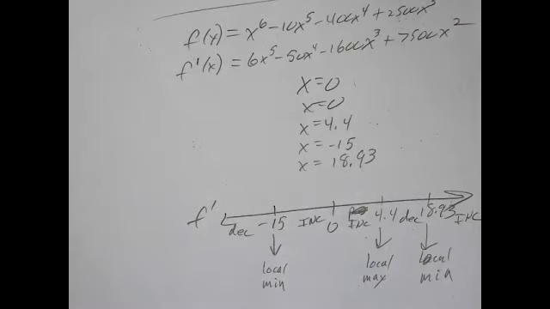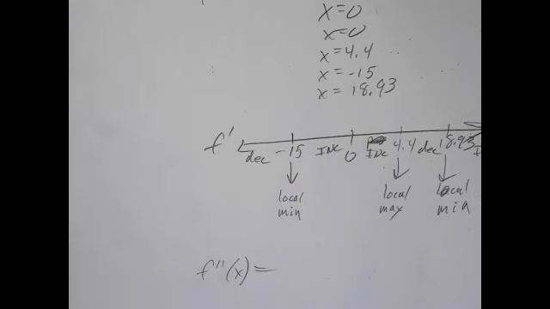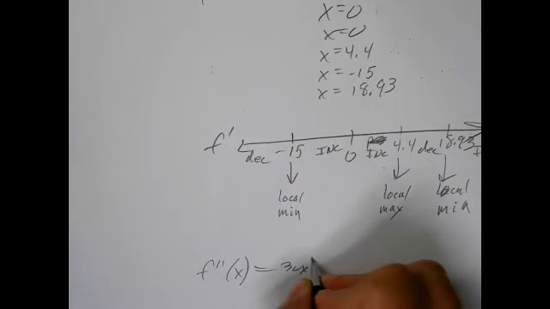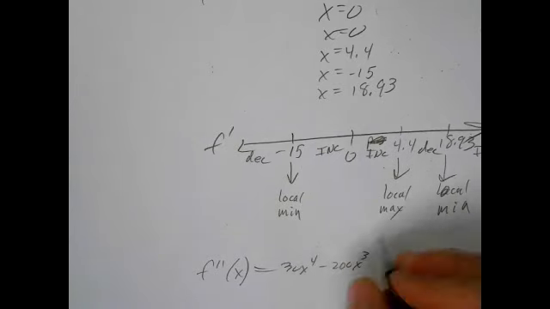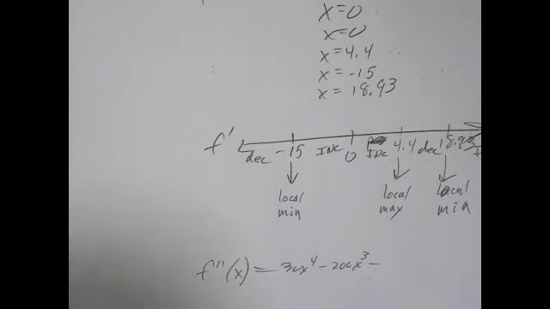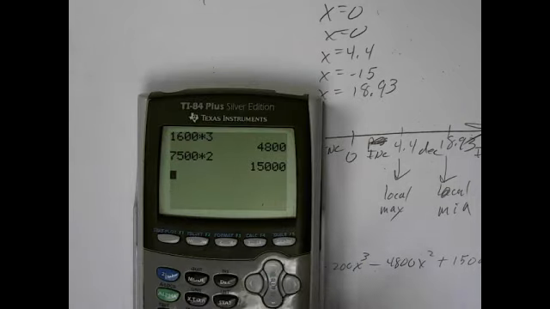I could go on to take my second derivative, and I'd get a 30x to the 4th minus a 200x cubed minus 4800x squared plus a 15,000x, right? So what I would do with that, same thing basically, go back to my apps,